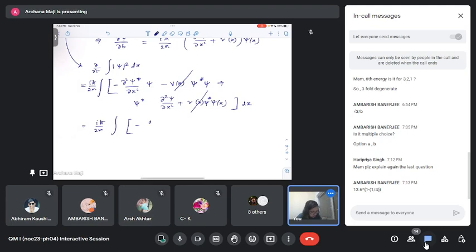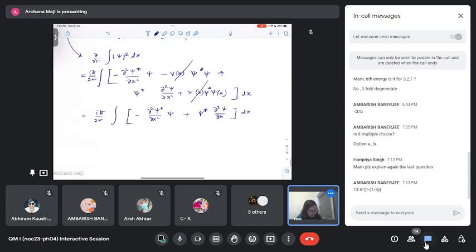minus del 2 psi star del x2 psi plus psi star del 2 psi del x2, dx. But this is nothing but the time derivative of the probability. So del t of mod psi square dx,